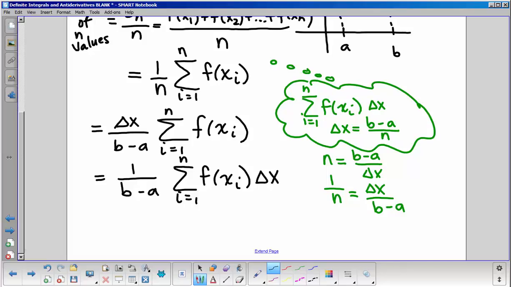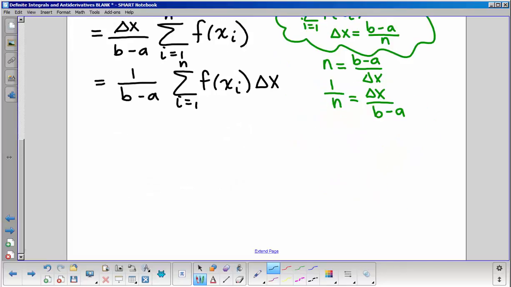Getting closer. But remember, this is for n y values. I need how many y values? Infinitely many. So now I'm going to take the limit. So I can say the average y value